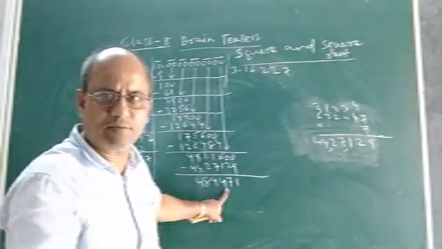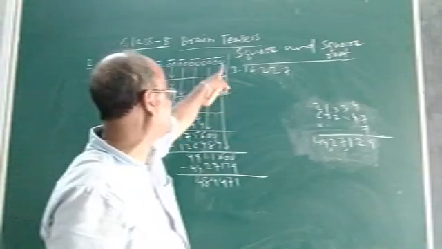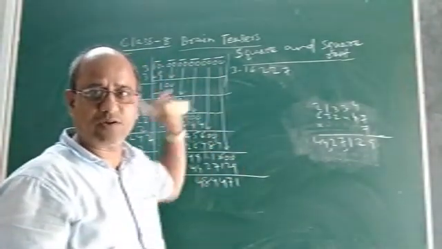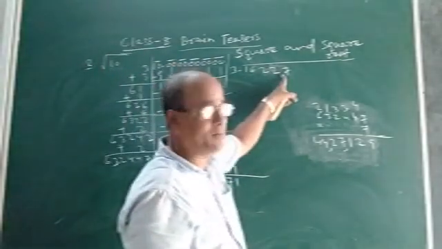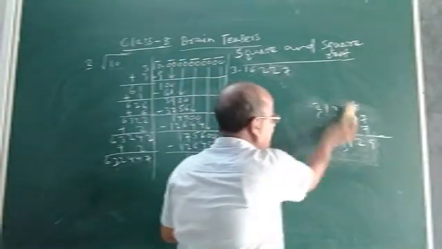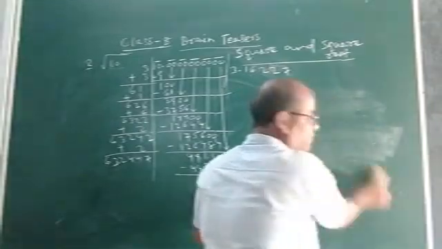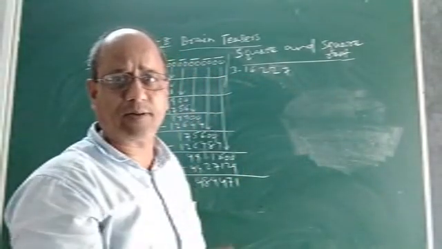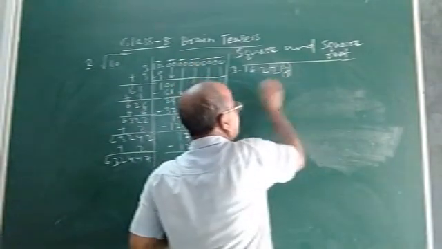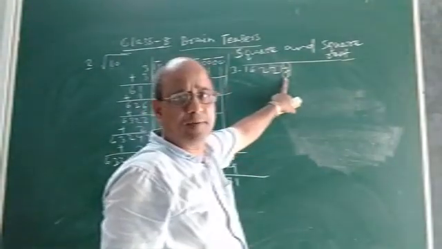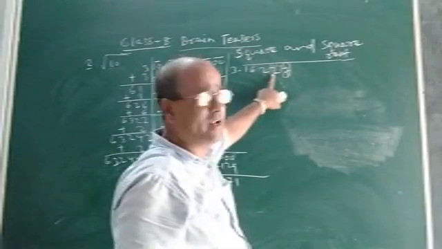And after this, no more division is possible because there is no other period in the dividend. So we cannot go ahead. Now we got how many places? 5 places. But what is the question? The question is, we have to find the square root of 10 correct to how many places of decimal? 4 decimal places. So you have to round this number, round the 5th place. Here it is 7, so you add 1 here.